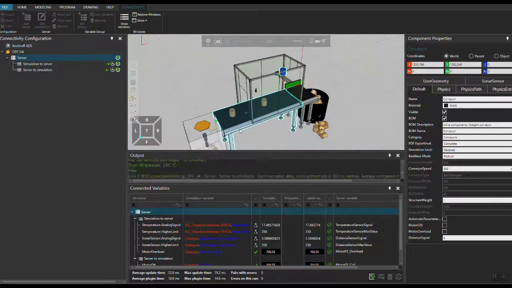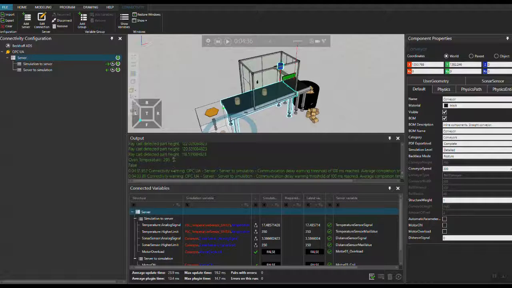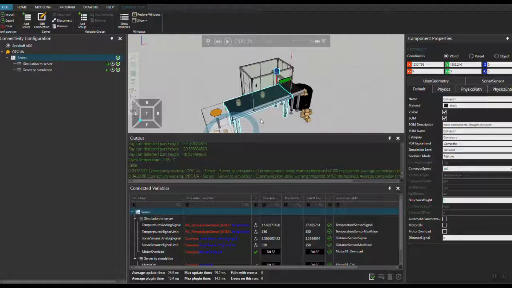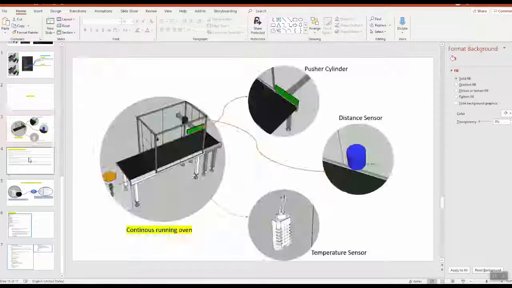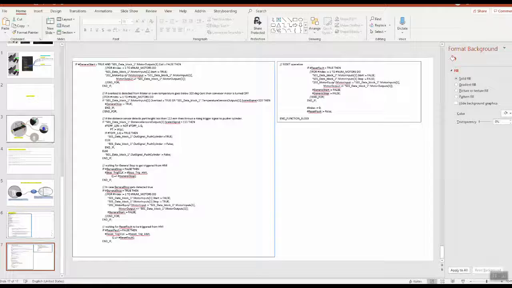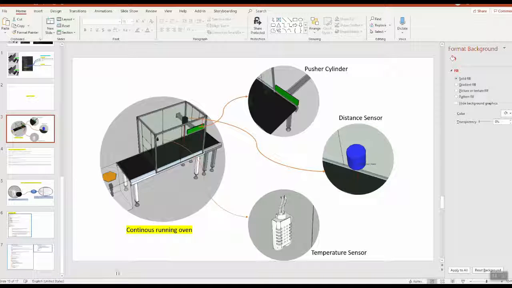So let's see what happens if we get an overload. Okay, it stopped again. We got a signal, which we can see here is 395 degrees. The video is getting long, so to keep it short, I will just show you another thing. If we press this one while this is running, the motor overload signal from the simulation, the same way the conveyor should stop working. Have a look into the code inside the simulation components and in the PLC code. I have also done a smaller presentation explaining this stuff for you. Hope things will get clearer for you. Okay, so thanks a lot for